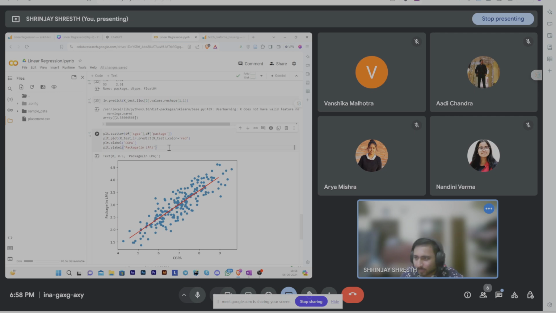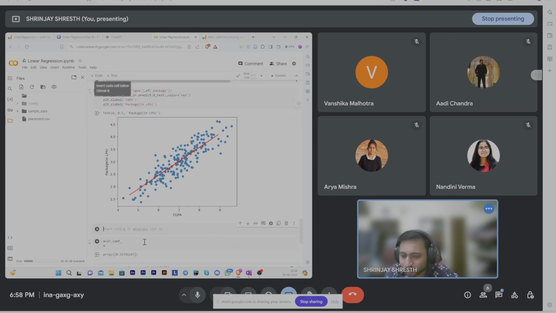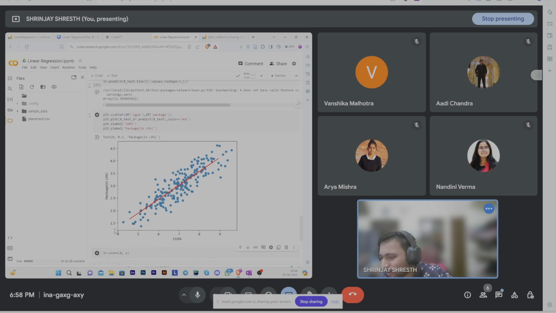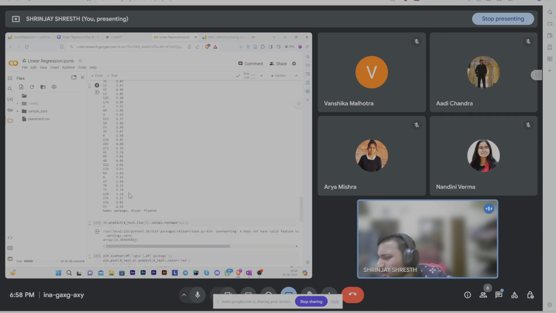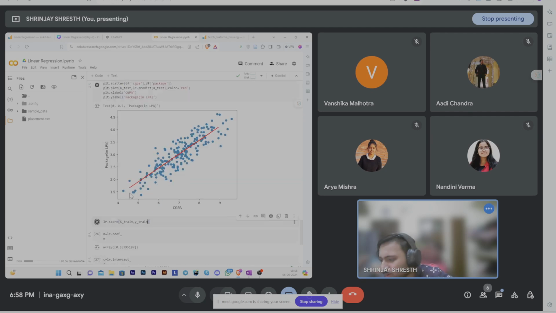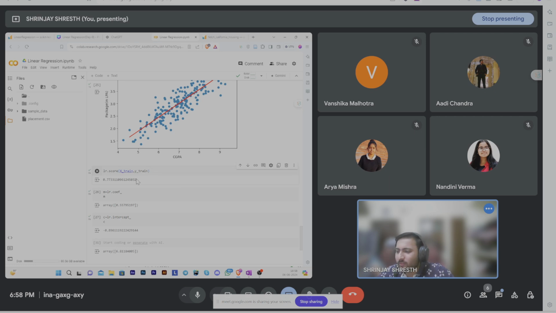Let us say my LR, and my x and y are my x_train and y_train values. If we do it for x_train and y_train, x_train comma y_train, this is my R square value. If I want to do it for my test value,